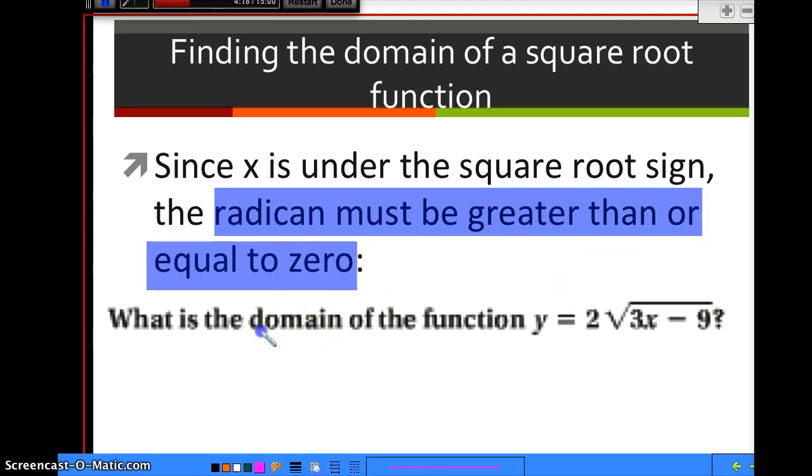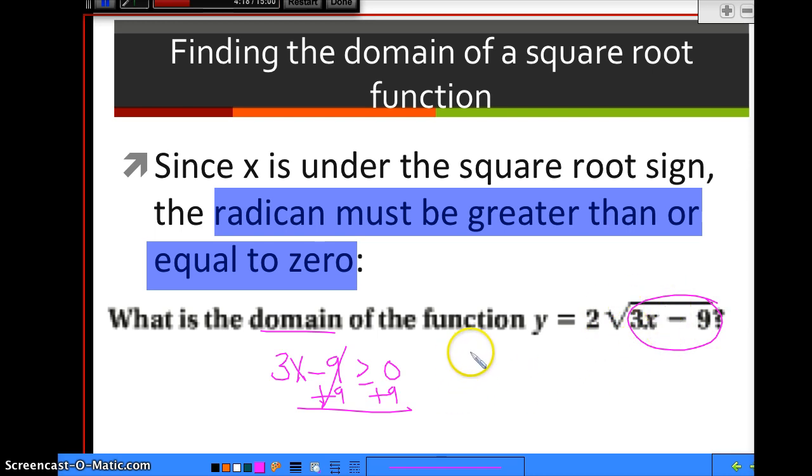Okay, so what is the domain of the function y is equal to 2 times the square root of 3x minus 9? If you take what's under the radical, we want this expression to be greater than or equal to 0, because you don't want it to be a negative. If this comes out as a negative, then a square root of a negative takes us out of the set